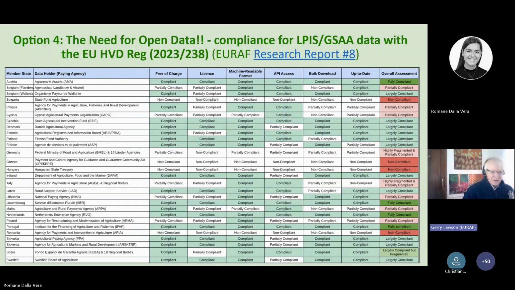The countries which are rose, light red, have often, I mean, it's a bit tough on Flanders. Flanders just fails because you've got to be approved. It's a very good system that they have in Flanders, but it's not 100% compliant with this system. So just an overview: Europe has got a long way to go in terms of the provision of open data in a way that complies with the most recent regulations. Next slide.